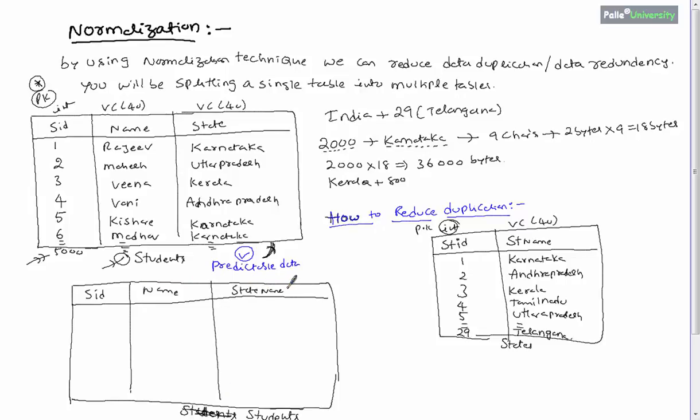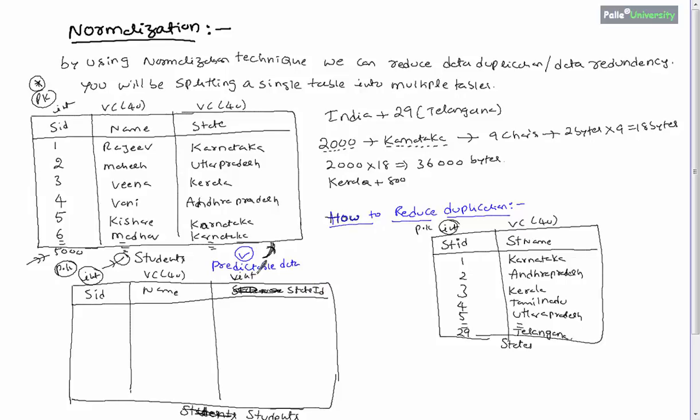You can give any name over here, not an issue. And you apply integer primary key. Now you specify varchar 40 here, and maybe say this is not state name column, it must be state ID column, must be integer type, right?